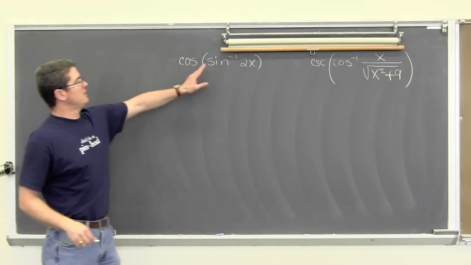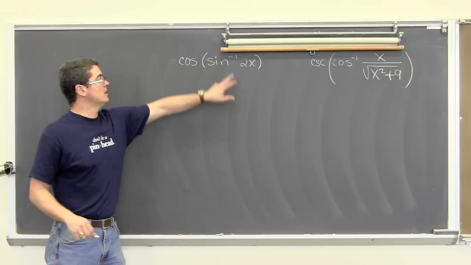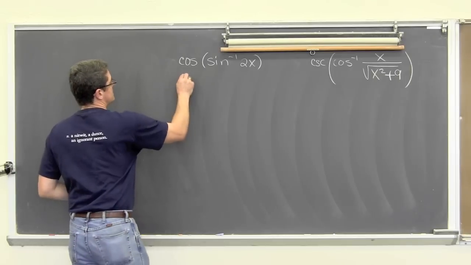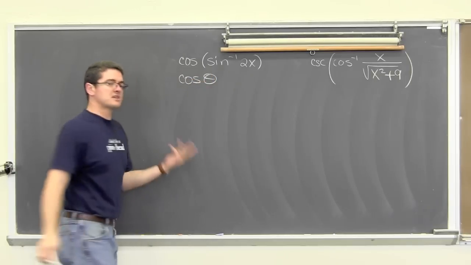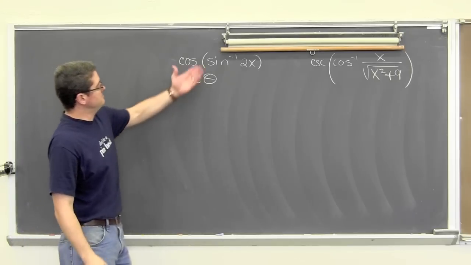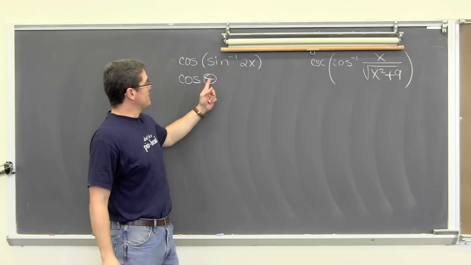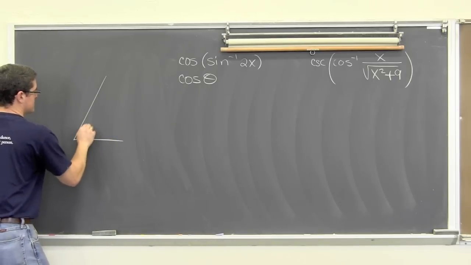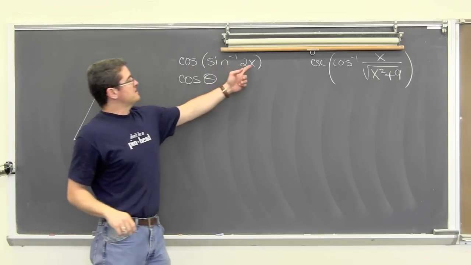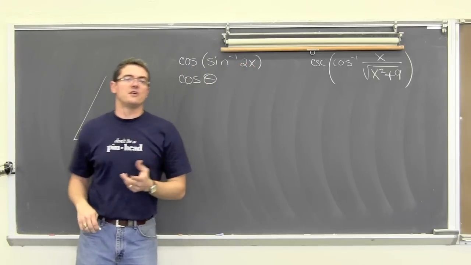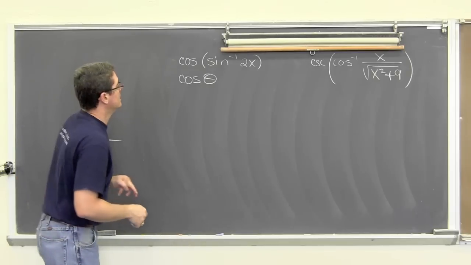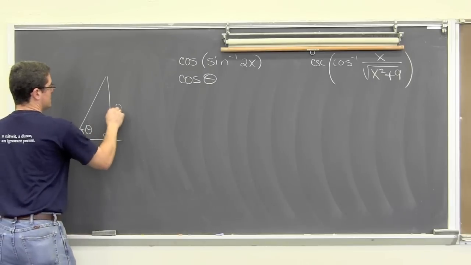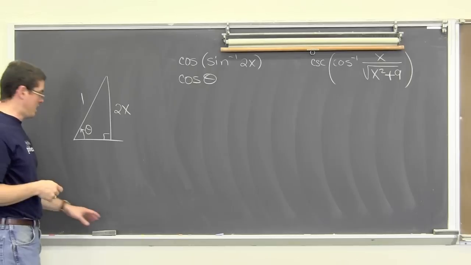We got cosine of the inverse sine of 2x. So remember, if this is inverse sine, this must be the sides of a triangle, and from it we are going to get an angle measure. So we have to set up that angle measure. From this we get theta, so let's draw theta out. So there's theta. If this 2x is going into the inverse sine function, that must be, again, opposite over hypotenuse. So from theta, we have an opposing side of 2x. The hypotenuse, again, for this is going to be 1.